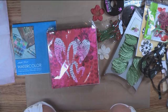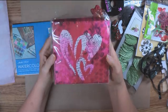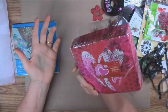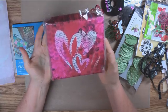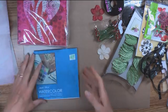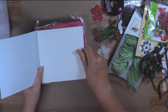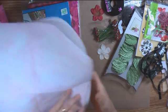Some of it may get used, some of it may not, but definitely I want to use these napkins, and I love the design on them. They're Valentine napkins, but I don't think they have to be used for Valentine. And I'm going to use this watercolor paper only because of the size, not because it's watercolor paper, but it'll hold up to mediums. I already pulled one of the napkins apart, and what I thought was cool was on